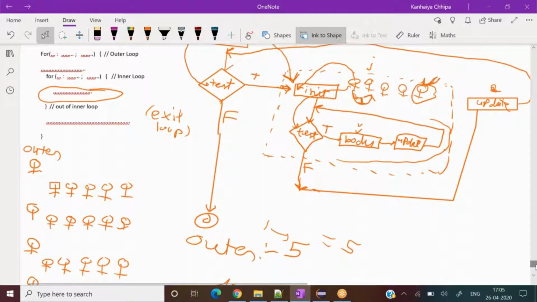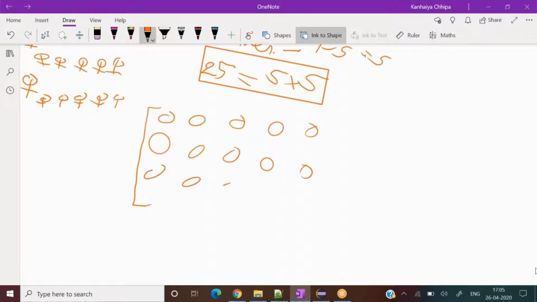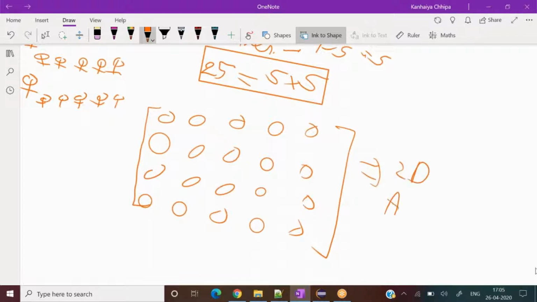So what kind of scenario happens for nested for loops? Whenever we have to draw an array-like thing, rows and columns, like this is row 1 2 3 4 5, 1 2 3 4 5, 1 2 3 4 5, it is called a 2D array. Have you ever heard of a 2D array? Something like this. This is row number 1, row number 2, row number 3, and this is column C1, C2, C3. In mathematics, I mean, these are matrix kind of things. We say it matrix.